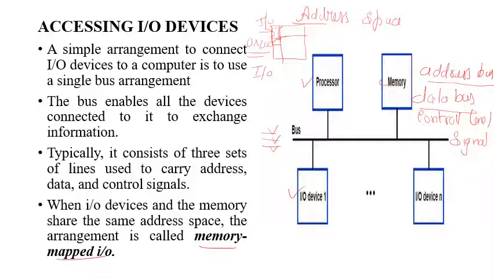For example, you will load some value 20h in this particular address, that is 0x200. If you load this with 20, and the corresponding control signal is to read the data from memory, then, let me assume this IO address, address 200, corresponds to input device 1. Now this data will be reflected in input device 1.